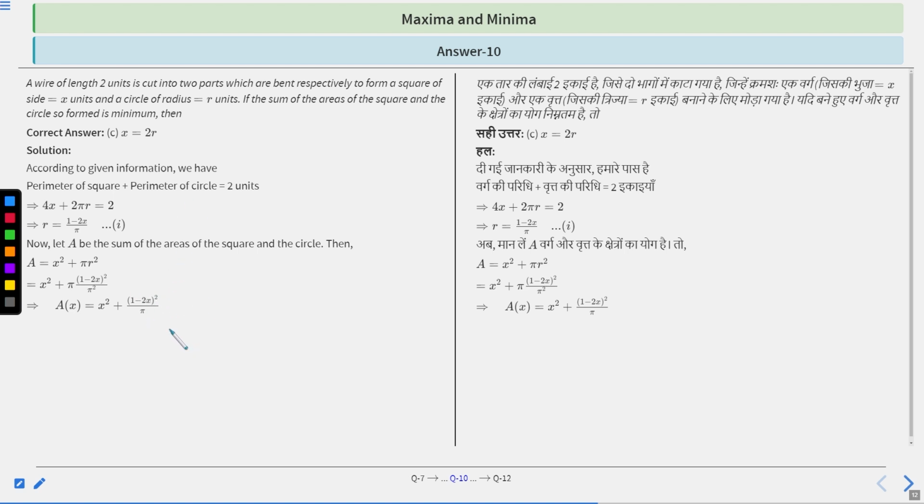Right. So, we have converted r in terms of x, right? Clear? We can do the opposite thing also. We can convert x in terms of r also. But here we have converted r in terms of x. We always keep one variable, so that it will be easy to differentiate.